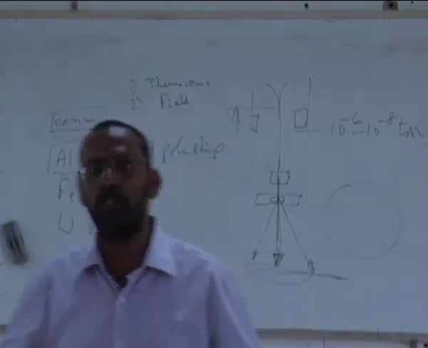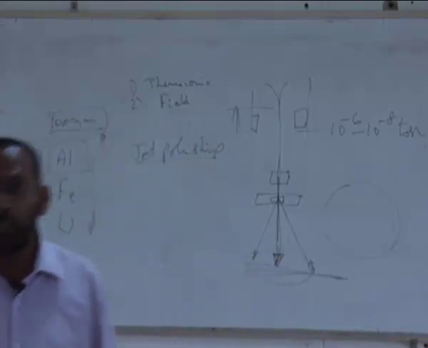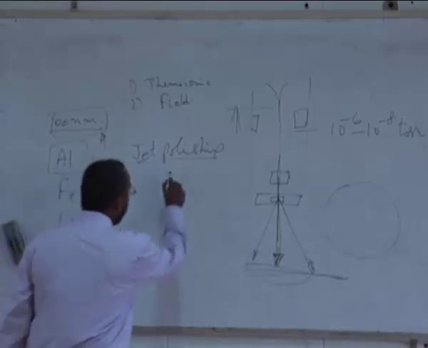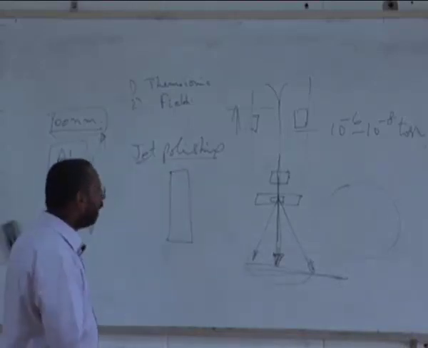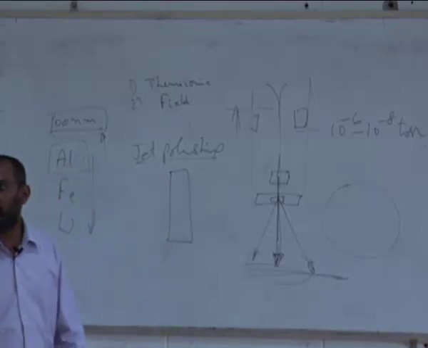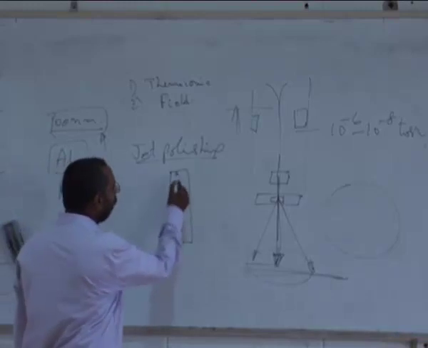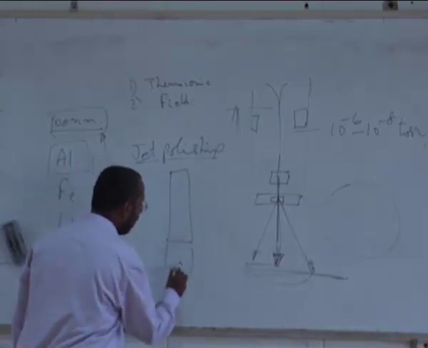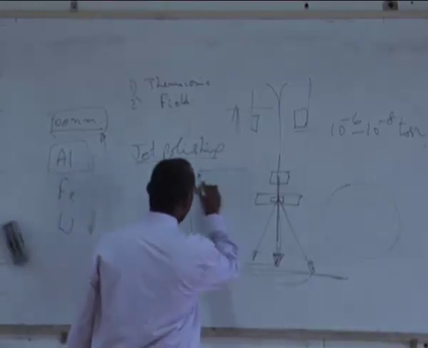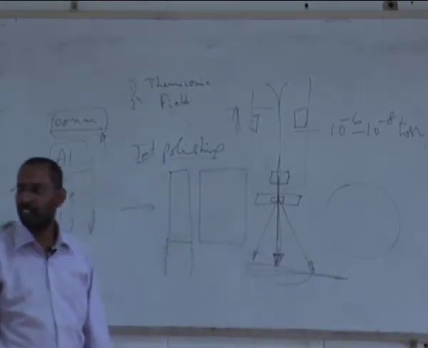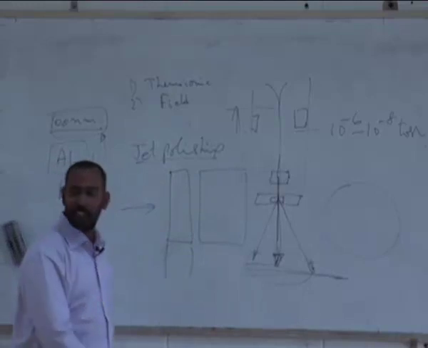This is the principle of even corrosion. What we do is we try to selectively dissolve the sample. Long back, in the olden days when jet polishers were not available, what people used to do is, let's say this is the thickness direction, and if I look from the other direction, this is my sample surface.